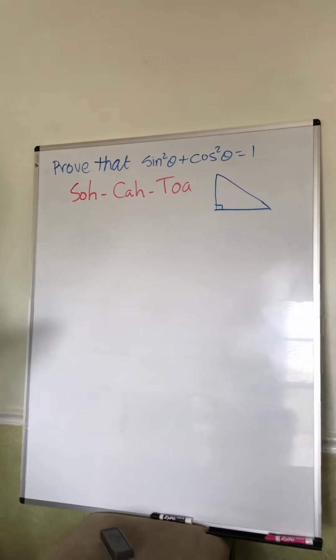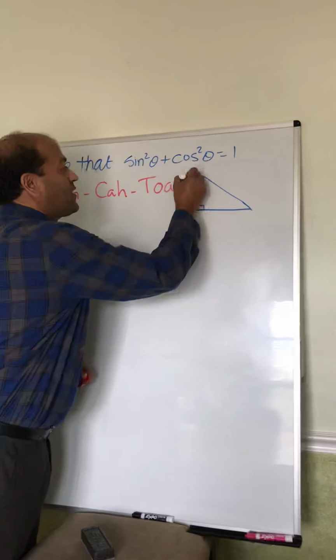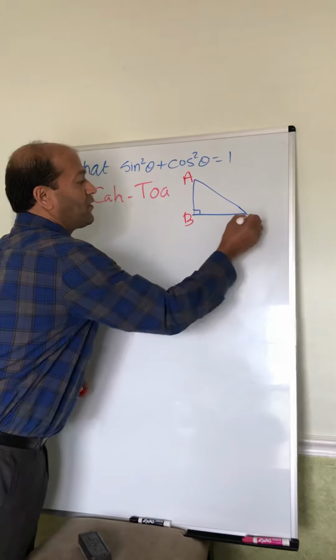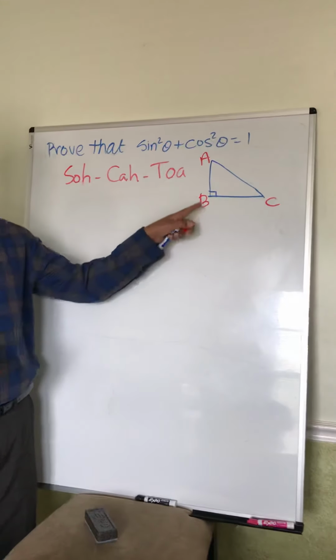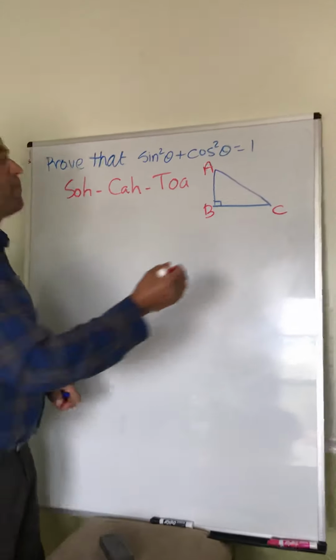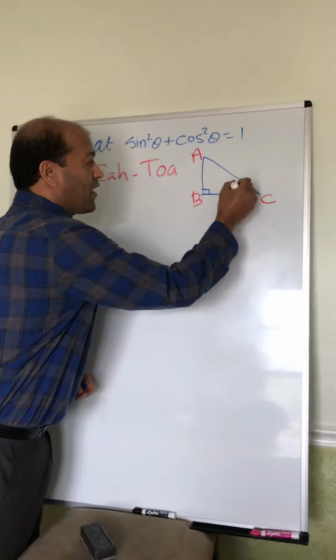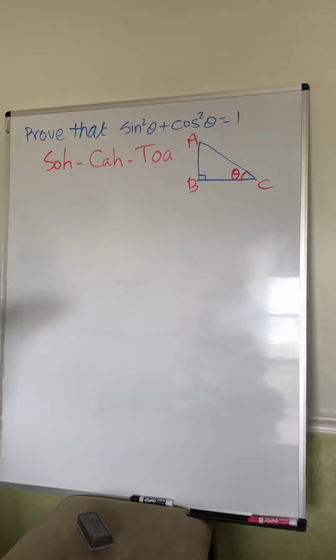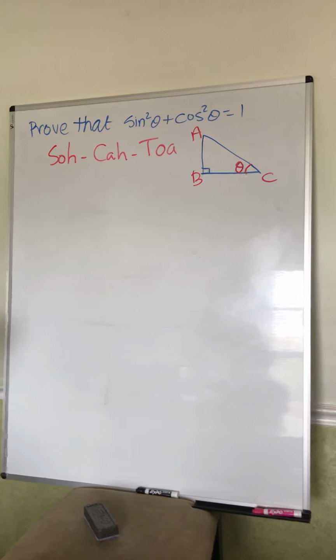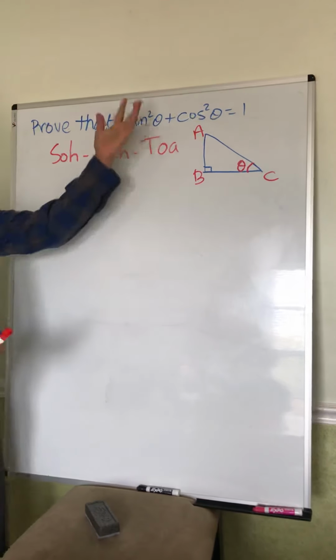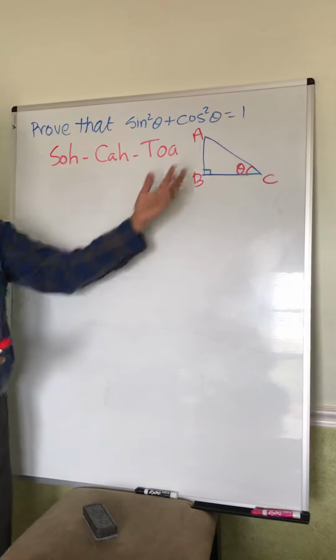I'm going to name this triangle ABC. Angle B is 90 degrees, and I'm going to mark angle C as theta. To prove that sine squared theta plus cosine squared theta equals 1, we need to start with